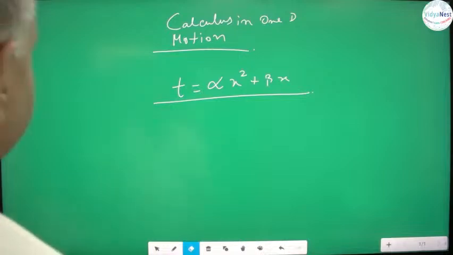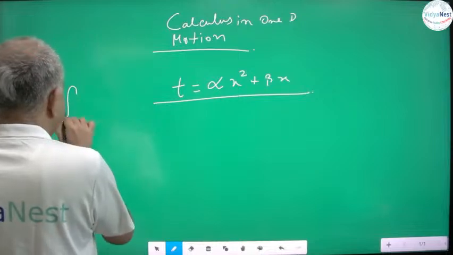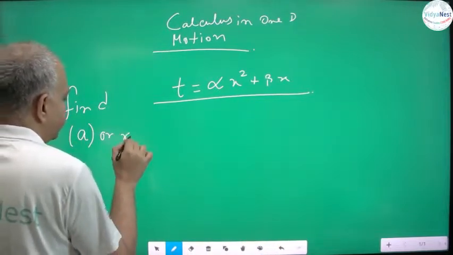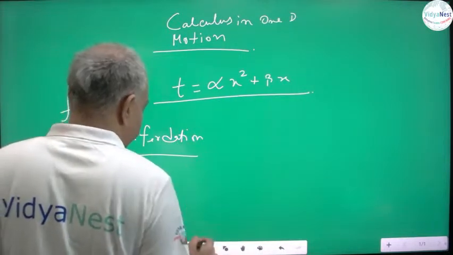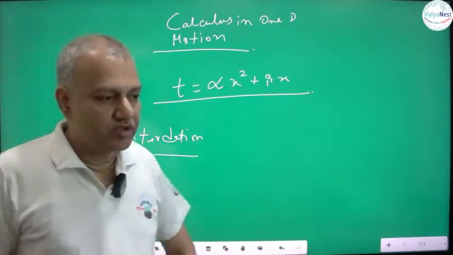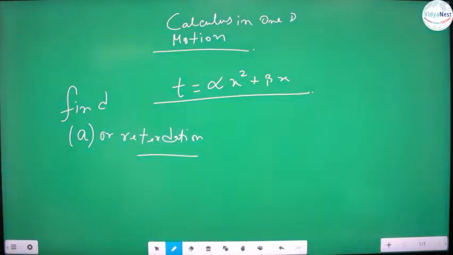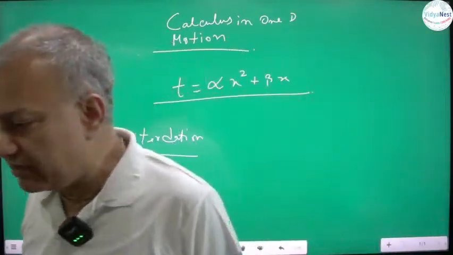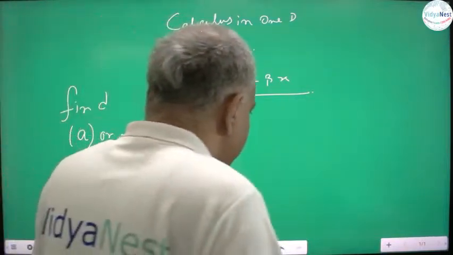then from there you have to find the acceleration or retardation from these conditions. Whenever the time has a relation with x, my distance, I am going to see that. Now see here, this is an MCQ actually. So if I am going to find the retardation, you have to prove that retardation, suppose